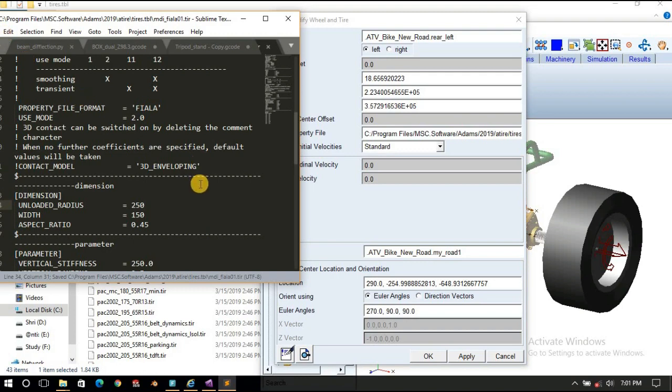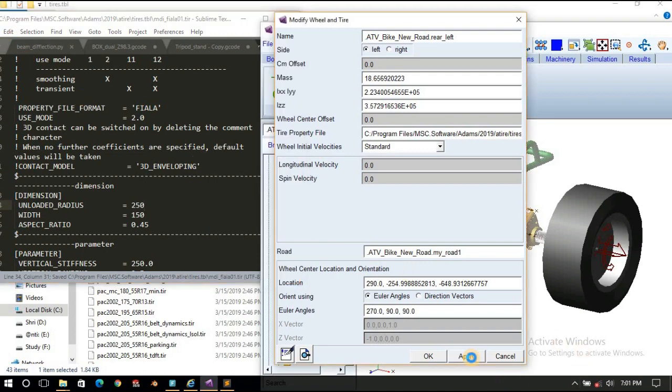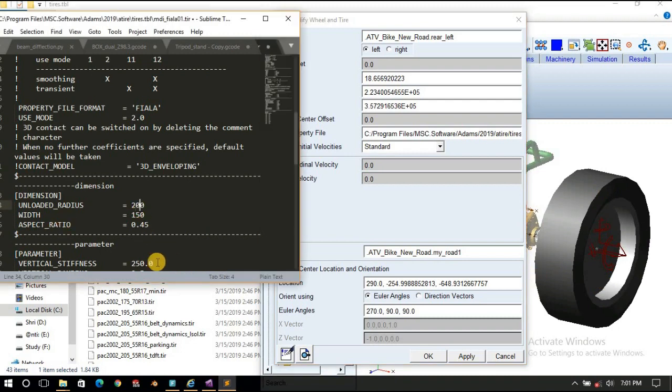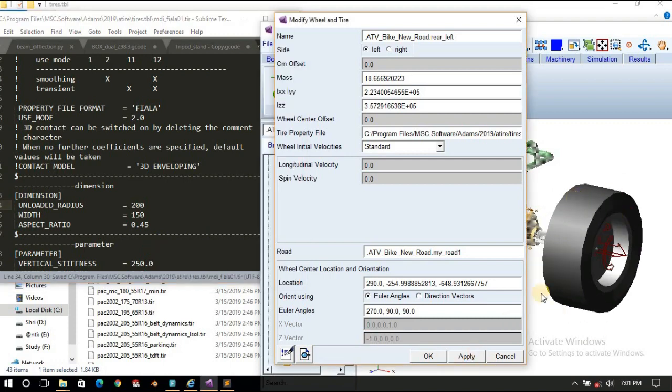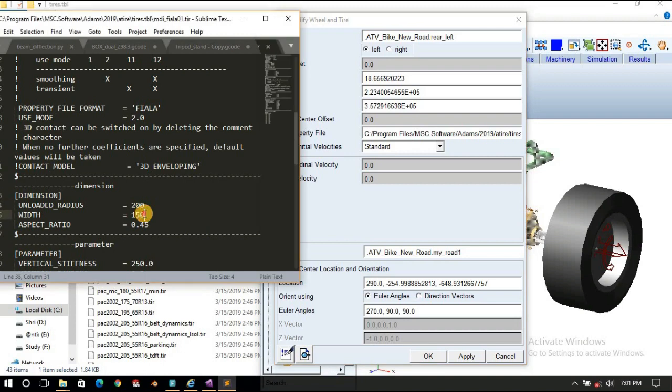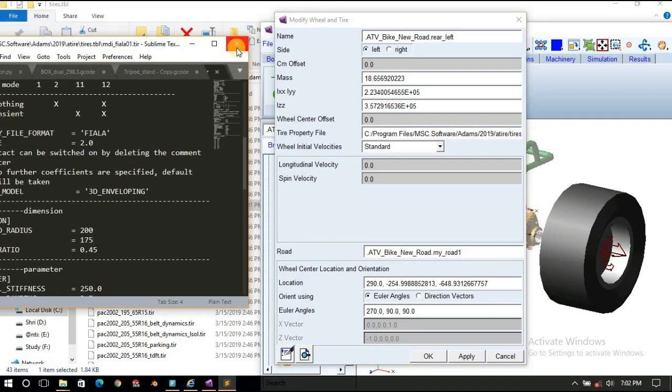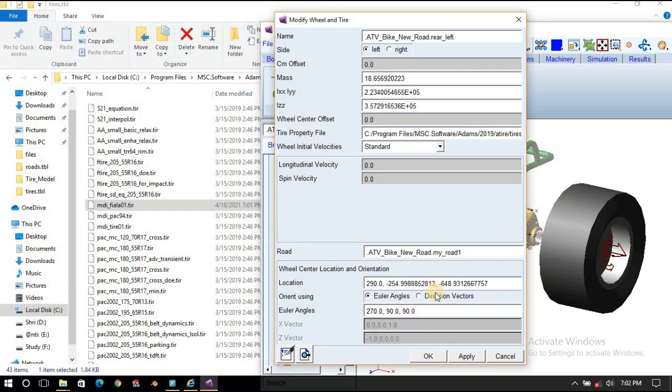Control S, save this file and click apply here. You can see the radius is increased. So I will keep 200 as it is. Again save, then apply. So you can change the radius of the tire, and you can change the width. Let's say I will make it 175. Save this tire property file and click the dialog box. So its width is increased. Now you can close this. You can adjust the property file according to your requirement. Click apply. Okay.